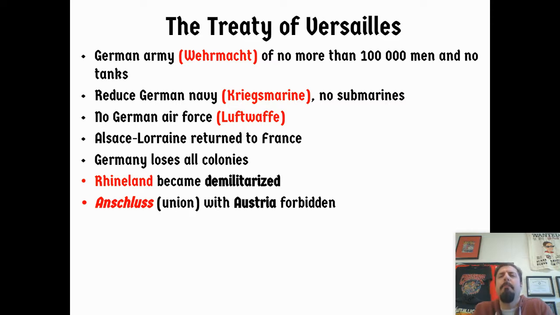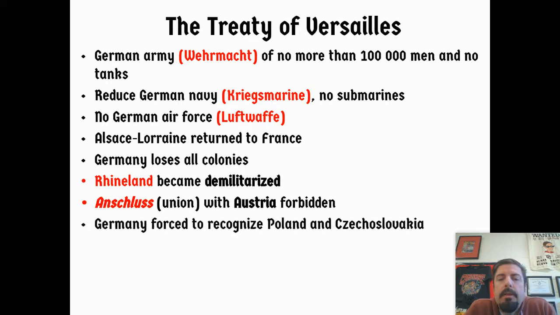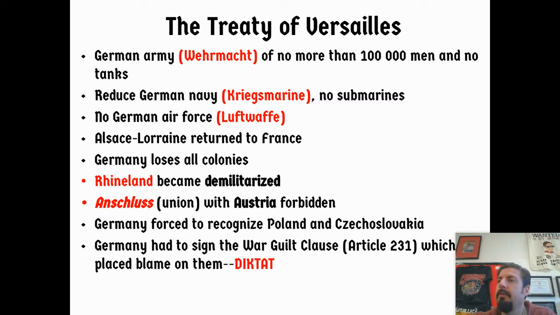They are not allowed to combine with Austria. So that combination is forbidden under the Versailles Treaty. It would make them too strong as far as a Central European power. Germany was forced to recognize the new states of Poland and Czechoslovakia that had been taken out of the Austro-Hungarian Empire. I mean, Poland is a traditional country for hundreds and hundreds of years, but they had been kind of amalgamated by Prussia and Russia. But after World War I, they gained their independence. And Germany, probably the most embarrassing of all, had to sign something called a war guilt clause,